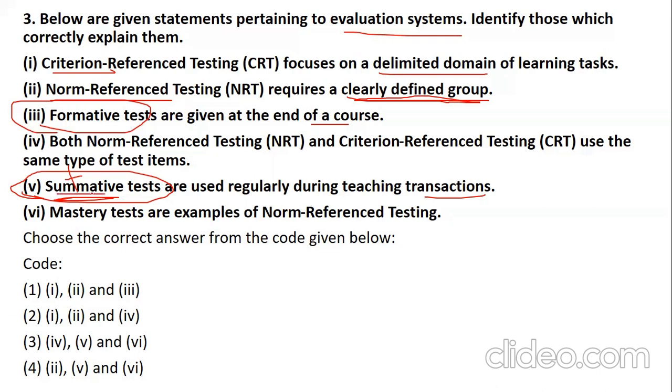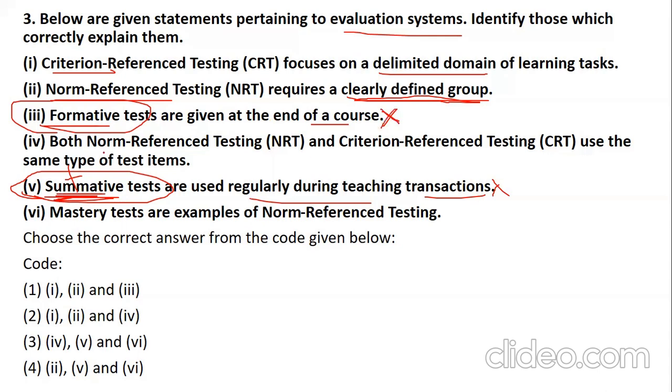See the name itself, आपको कुछ यहाँ पे by heart नहीं करना है। सम का मतलब addition होता है जो हम last में conduct करते हैं, but here उन्होंने क्या लिखा है, regularly, तो ये option तो आएगा ही नहीं। और formative के लिए उन्होंने लिखा है at the end of the course, जो होना चाहिए था summative के लिए। इसका मतलब है formative, forming, okay, हम बच्चों को prepare कर रहे हैं regular basis पे। तो formative का मतलब है regular test और summative का मतलब है end of the course। Okay, तो ये दोनों तो wrong है।